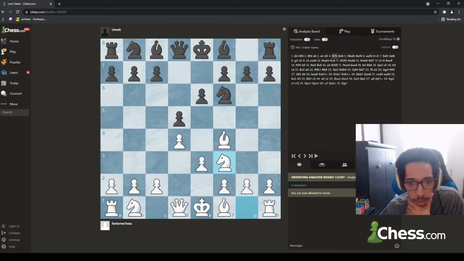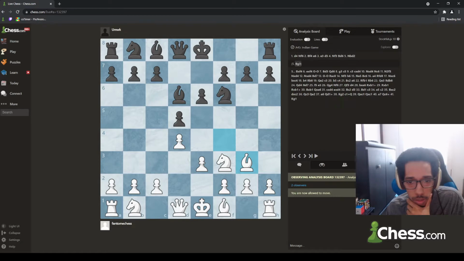Knight f3, he goes bishop d6 immediately. This is a very interesting line. Knight e2, I really like knight e2 and allowing this. What's the main idea of bishop d6? That if you play normally, you go bishop g6, and you play knight e2 and